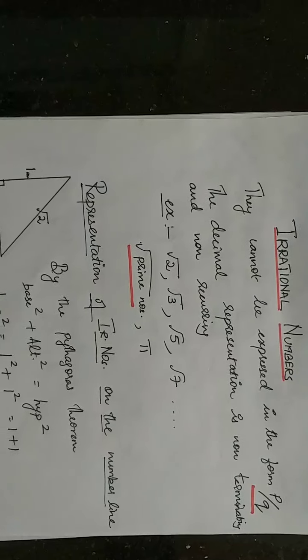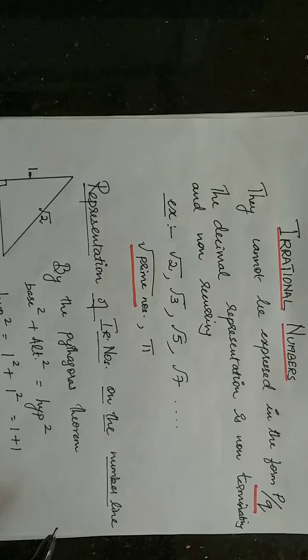We're going to see how to represent irrational numbers on the number line. In short, all real numbers can be represented on the number line, because we saw that all rational numbers, that is, all fractions and integers, can be represented on the number line. And we are going to learn how to represent root 2 on the number line. You may be wondering, how are we going to represent root 2 on the number line?